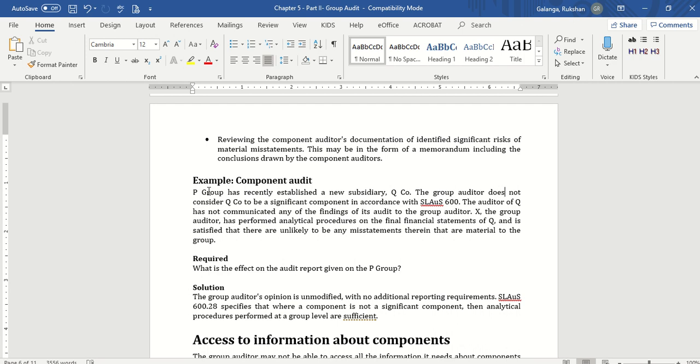The group auditor does not consider Q company to be a significant component in accordance with SLAS 600, right? The auditor of Q has not communicated any of the findings to the